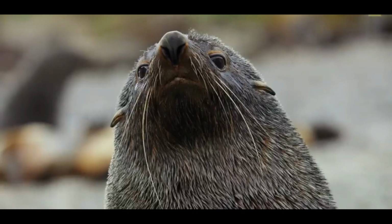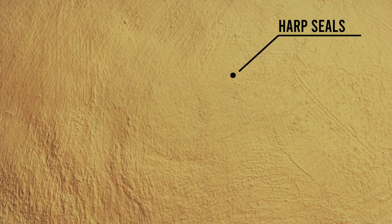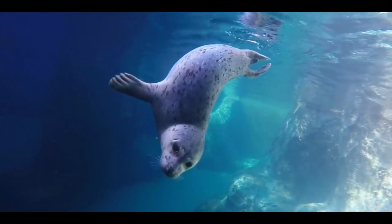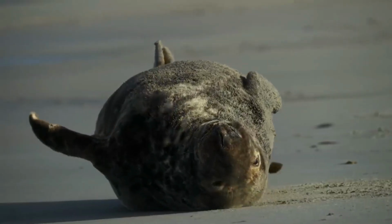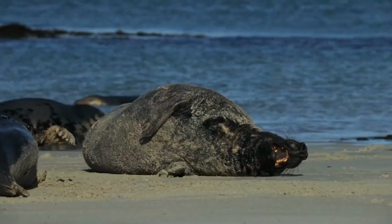the world. There are several different types of seals, including the harbor seal, the gray seal, the harp seal, and the leopard seal. Harbor seals are the most common type of seal, and they can be found in coastal waters throughout the northern hemisphere. Gray seals are larger than harbor seals, and they have distinctive dark gray or black fur